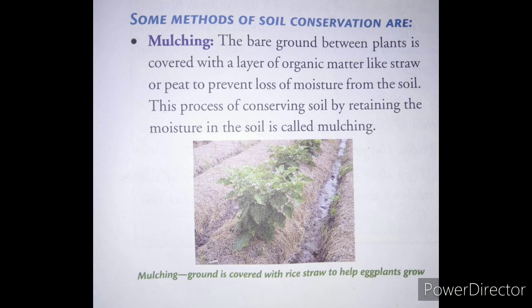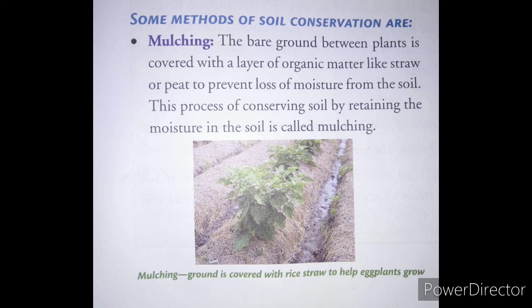The first point is mulching. What is mulching? The bare ground between plants is covered with a layer of organic matter like straw or peat to prevent loss of moisture from the soil. This process of conserving soil by retaining the moisture in the soil is called mulching. Ground is covered with rice straw to help eggplants grow. If you see in the picture on the screen, this is the way how you can do mulching for crop production,